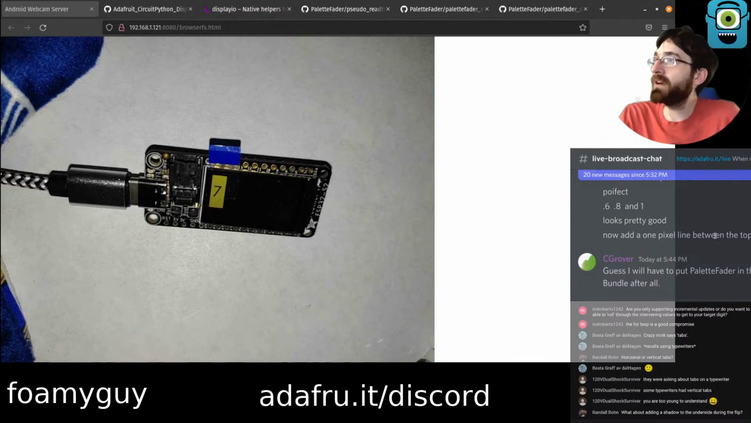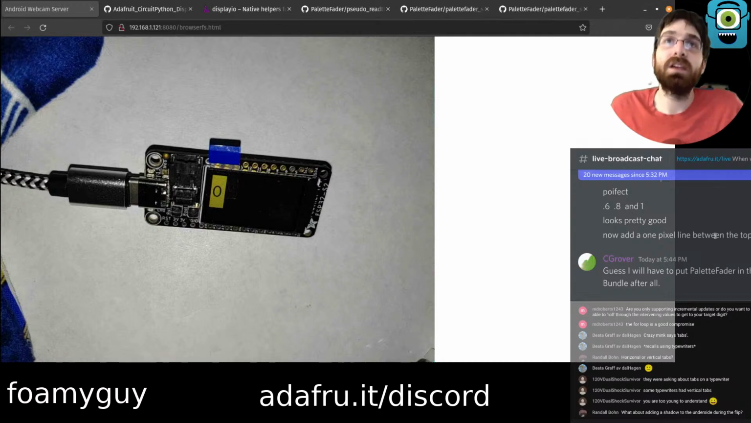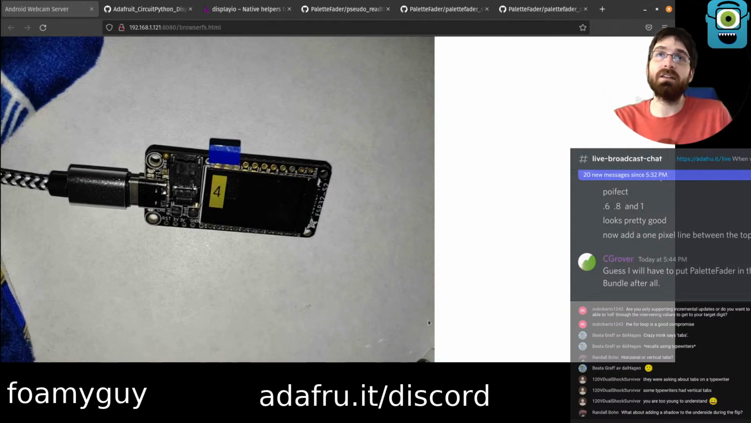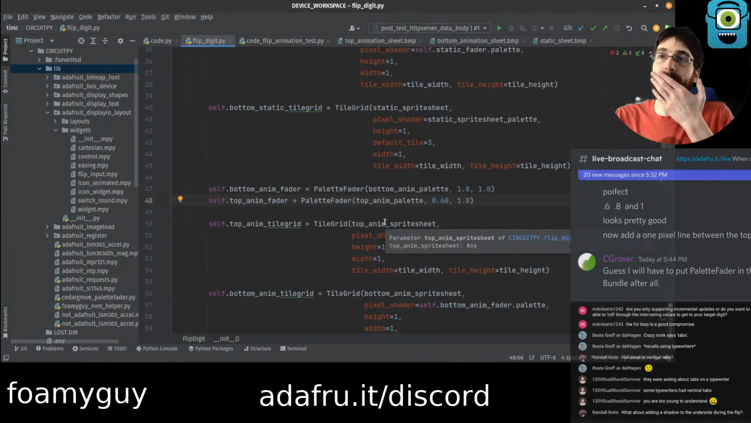Guess we'll have to put Pallet Fader in the community bundle after hours. That'd be awesome. If you want help, if you'd rather have somebody else add it, I'm sure we could find somebody, or I definitely would be willing to do that. But that would be awesome if you wanted to add that in there, or if we got that in there, I should say. And I assume ultimately I'll be trying to make a learn guide for this, so it would need to be